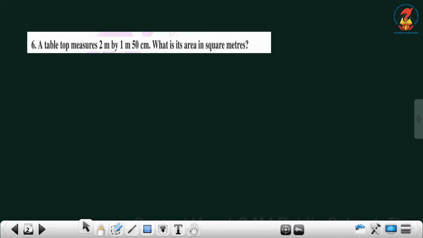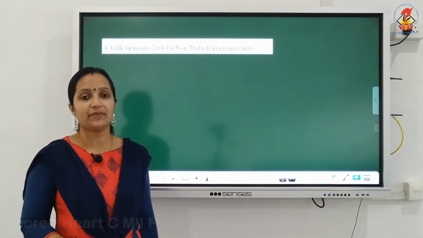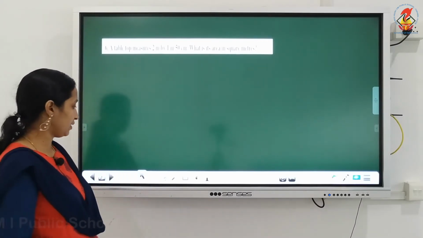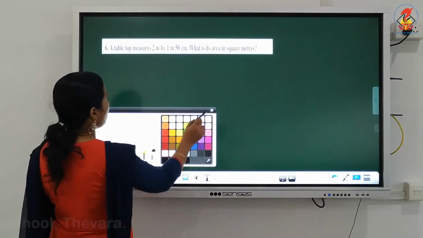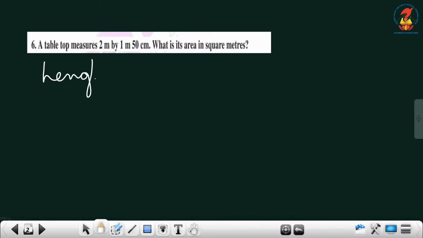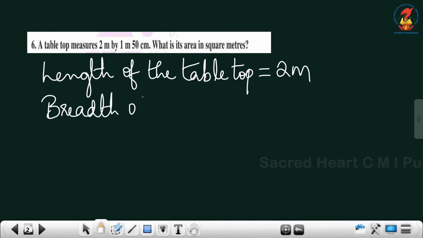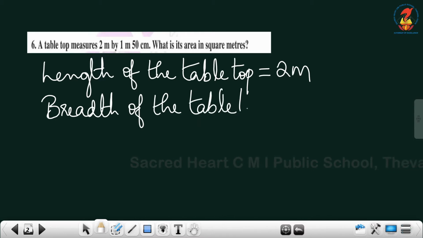A tabletop measures 2 meter by 1 meter 50 centimeter. If the measure is given this way, one measure you take as length and one you take as breadth. So what is the length of the tabletop? Length of the tabletop is equal to 2 meter, and the next measure I am taking as breadth. Breadth of the tabletop is equal to